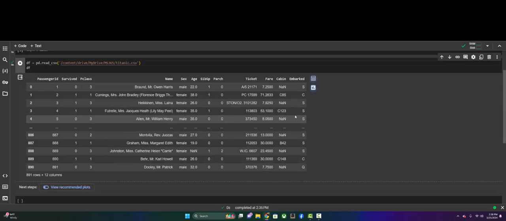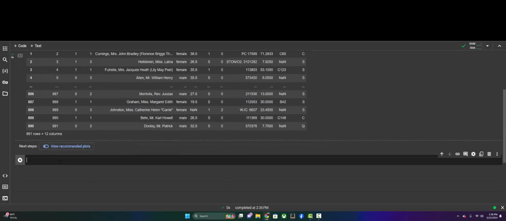Embarked. We might do something with that as well. Where you left from probably wouldn't impact if you survived on the Titanic, but you know what? Maybe it would. So we could fiddle around with that as a potential feature. If you were to do more advanced things, we might want to play around with the cabin number. I think that could absolutely impact if you survived or not, with C being the lowest level and A being the top level. But what you'll see in just a minute, if we do a little bit of exploring here,